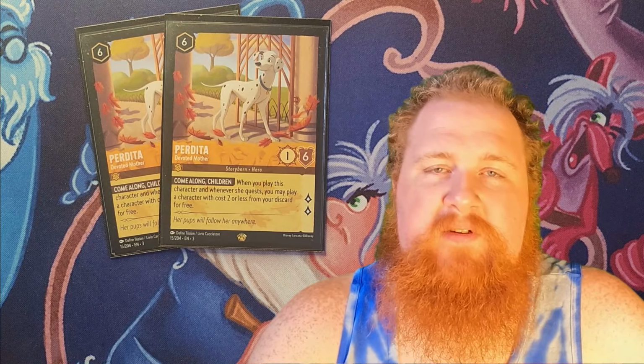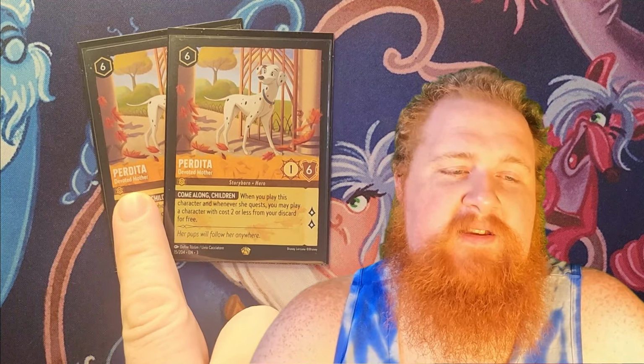Perdita, Devoted Mother, an absolutely playable card, a card I think is fantastic and just hasn't gotten enough love ever since it came out all the way back in set 3, but it is a 6-cost uninkable. I think that's one of the things that hurts it. If it cost 5 or was an inkable, maybe people would be more prone to play it, but it is a 1/6 stat line, questing for 2, and when it comes into play and whenever it quests,